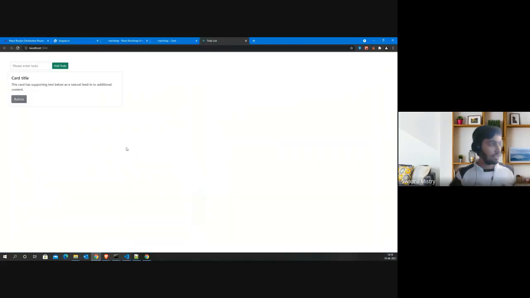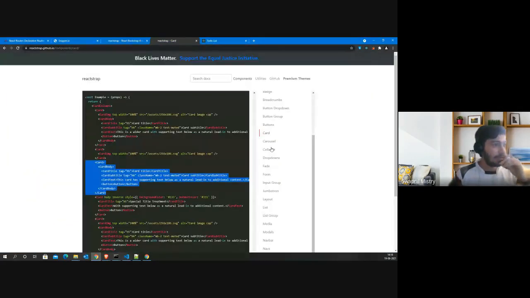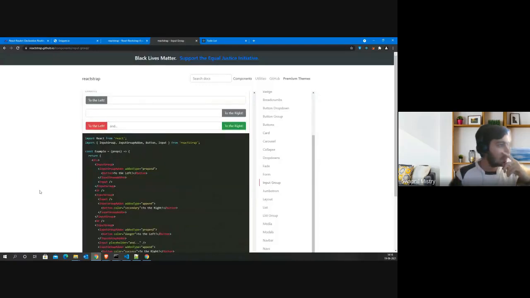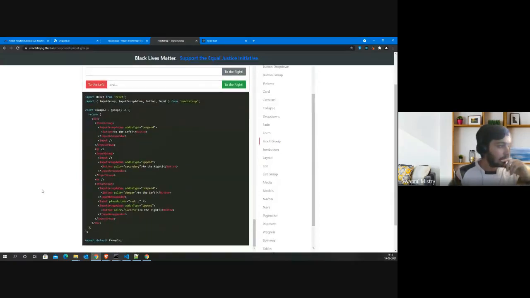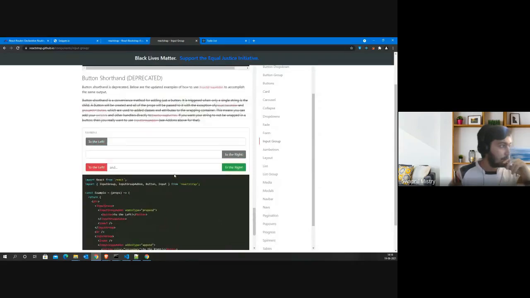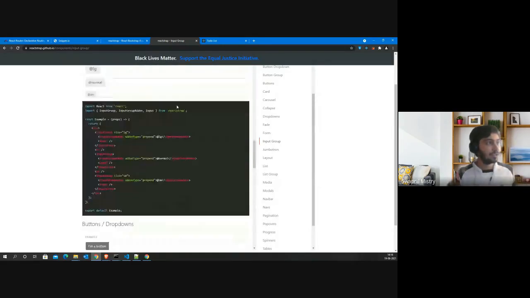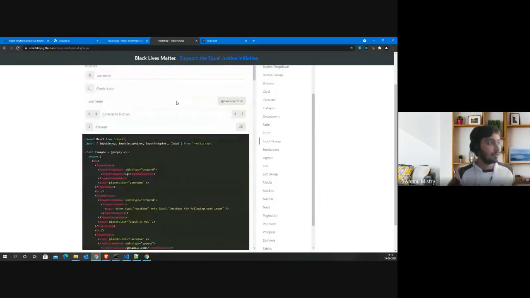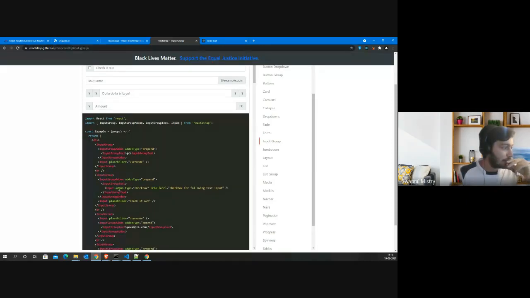Let's just try to see what props this input tag accepts. So if I go to input over here, and if I try to see if we can find the checkbox over here, just a second. Yeah, so this is the checkbox, right? So this is going to be checkbox. Okay.